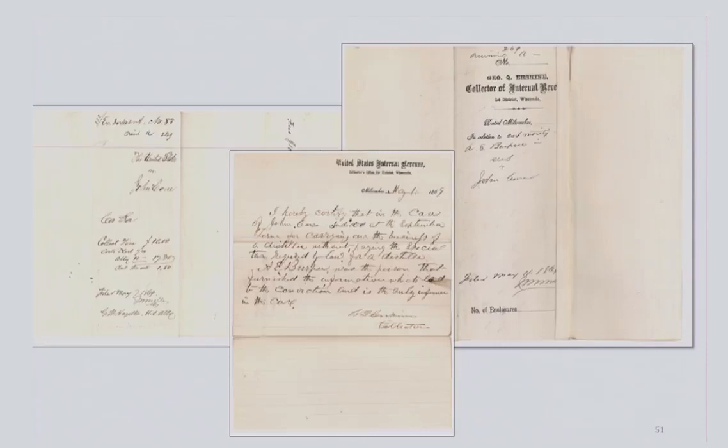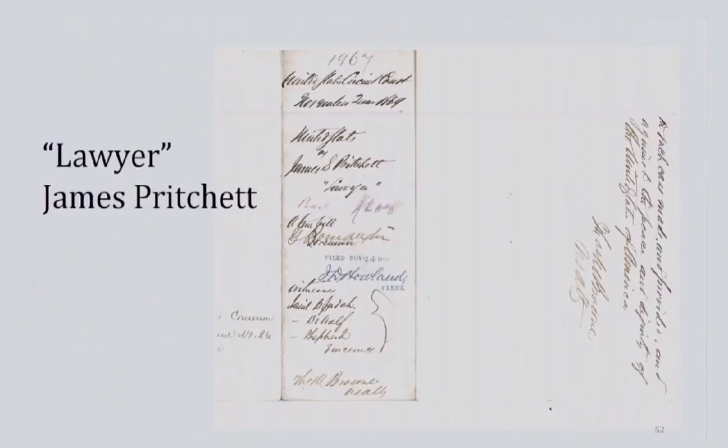The United States District Court records are littered with people accused of not paying taxes or obtaining the proper licenses during this period. Here's an example from the District Court in Milwaukee, where John Cohn, who was also accused of selling liquor without paying taxes. This case includes an affidavit from the Collector of Internal Revenue in the 1st District of Wisconsin, which oversaw Milwaukee. Next slide, please. And here's one more example of James Pritchett of Indiana, who was charged with practicing law without